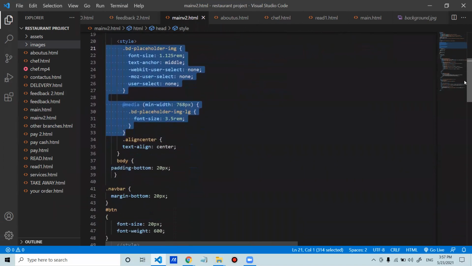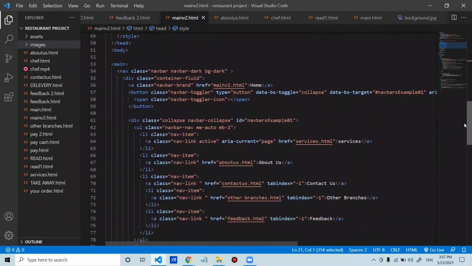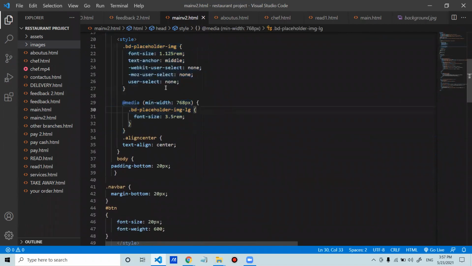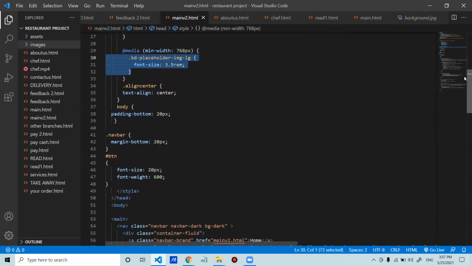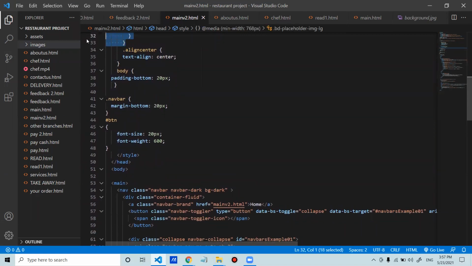Let's see the paragraph, sorry, the class. Those are classes that are made here for style. We made font size and text anchor in the middle, and those things we made none. And here we opened this class and made it font size 3.5 rem, and we made dot align center. That means the class